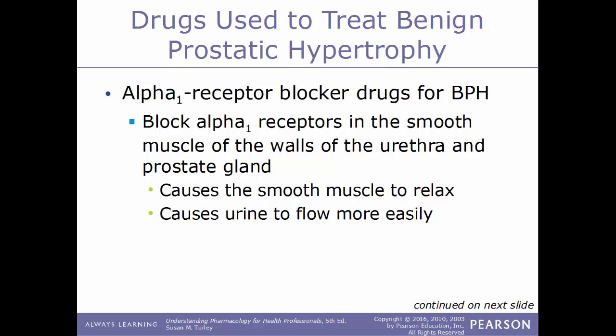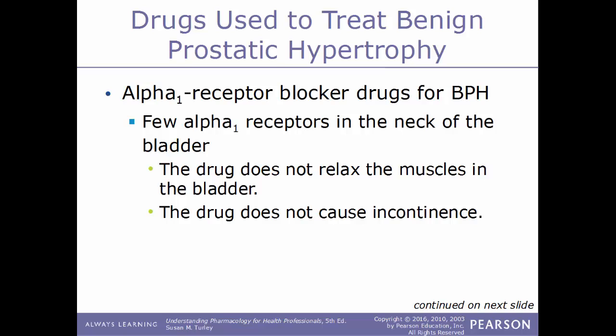And these work because they block alpha-1 receptors in the smooth muscle of the walls of the urethra and of the prostate gland. By blocking these receptors, this will cause the smooth muscle to relax, allowing the urine to flow more easily. And there are only a few alpha-1 receptors in the neck of the bladder. So this kind of drug does not relax the muscles in the bladder, and does not